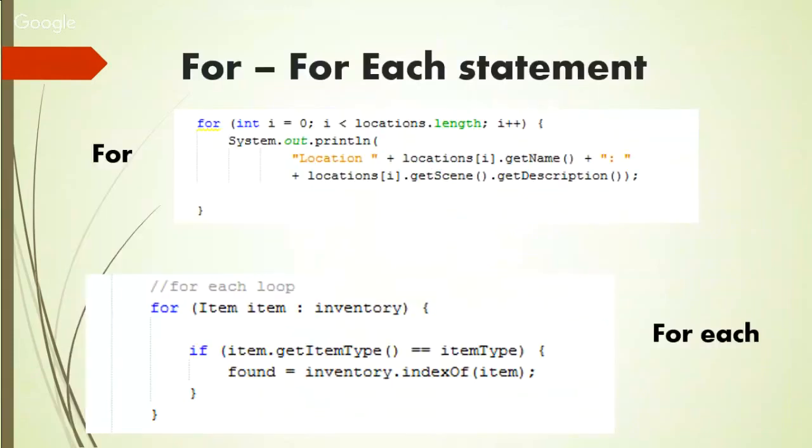Okay, the for statement and for each statement. We use the for statement to be able to move through the array of locations. Start in the loop and start the validation. You can initialize the variable, integer i equals 0, and then